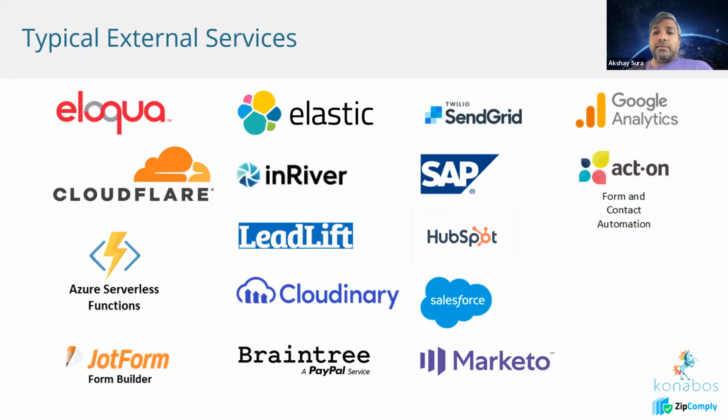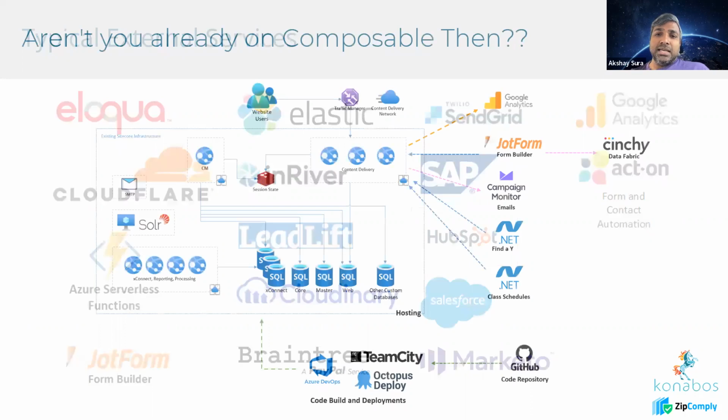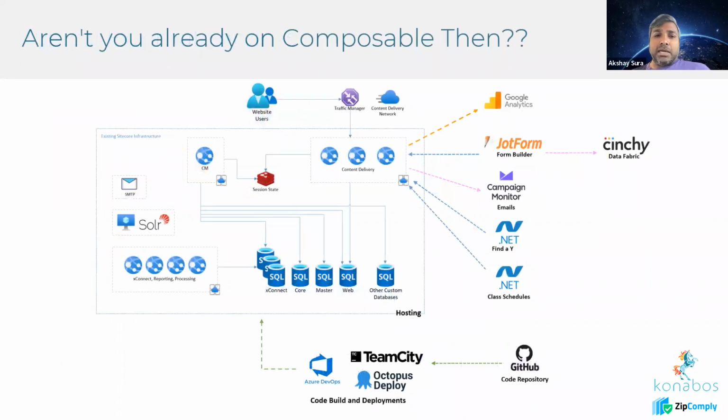but we all have done so much work in integrating other external systems into our Sitecore monolith platform, right? To either send out emails or store personalization in a different system like Eloqua, CDNs, forms, you name it. We all have done it, and one slide will not do justice. So in my mind, now adding these external services to the architecture diagrams I already showed you, if you look